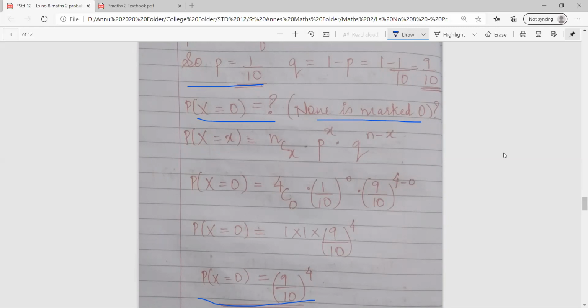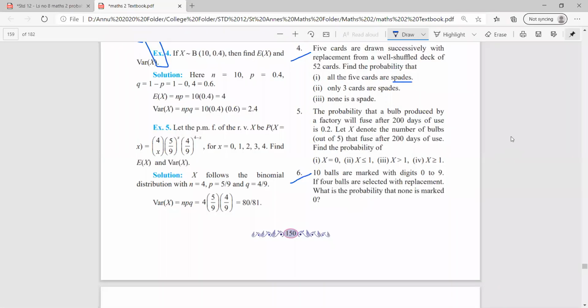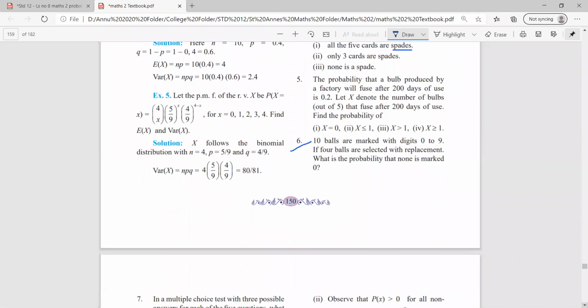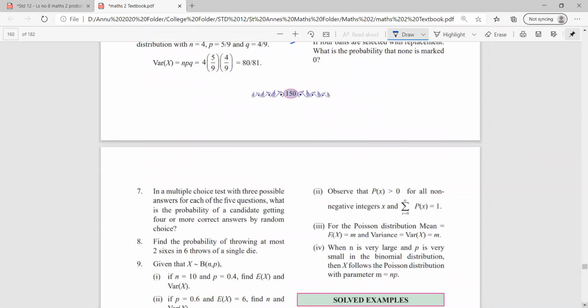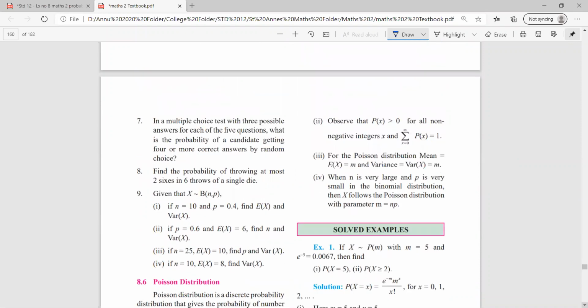So I hope class you all are following how to do the sums. Okay. Now those sums which we are leaving doesn't mean we are not going to solve them. We will, but in the next lecture. Today we are picking up sums which are easy for you all to understand and solve. Okay. Now directly coming to sum number 9.